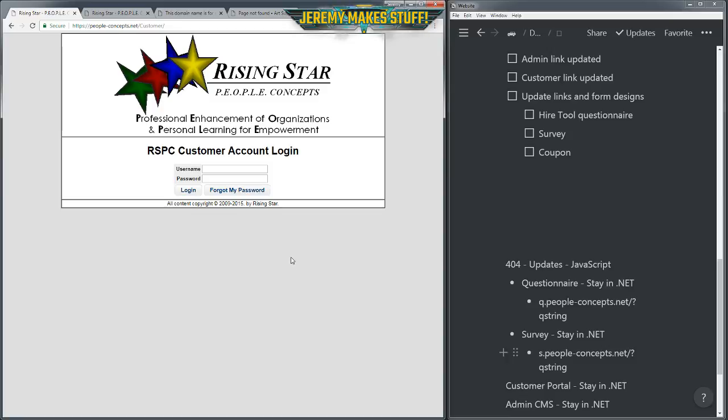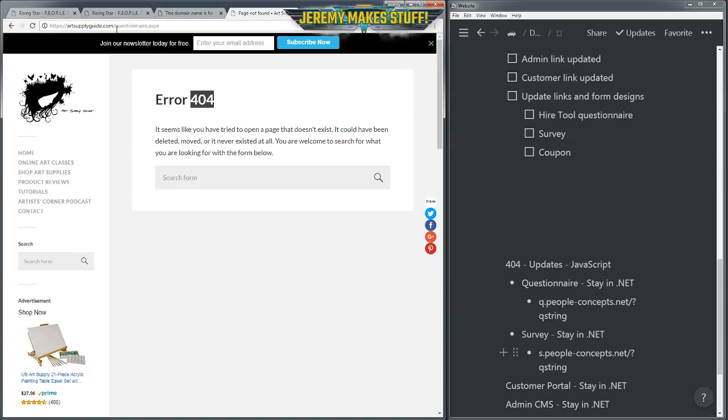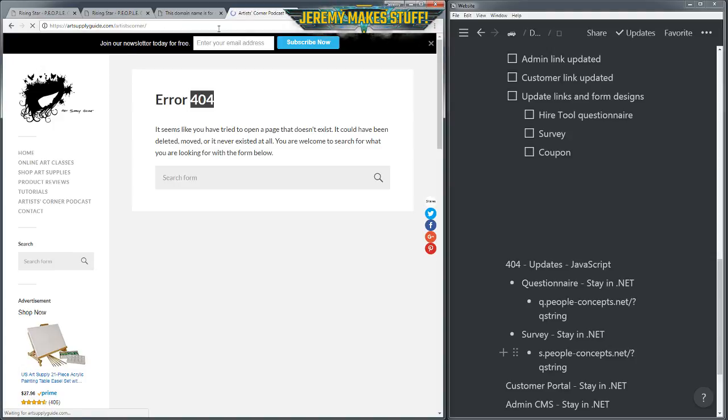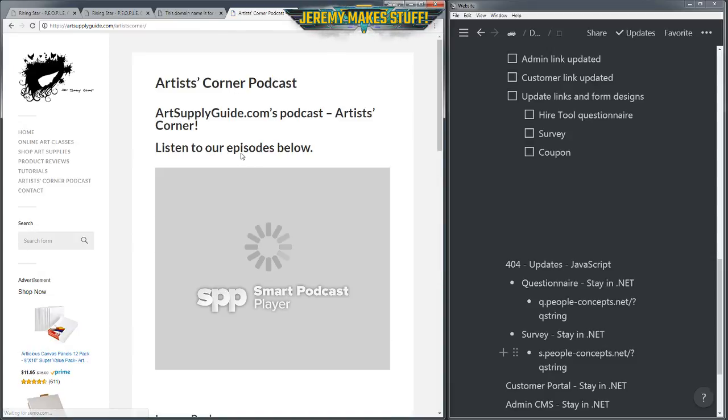So the customer portal, the login here, if anybody has it saved, peopleconcepts.net/customer. On the WordPress site, like on Art Supply Guide, if I go to artsupplyguide.com/artistcorner, that goes to the podcast here, right?